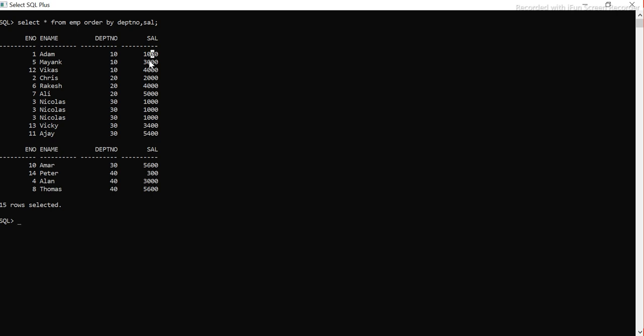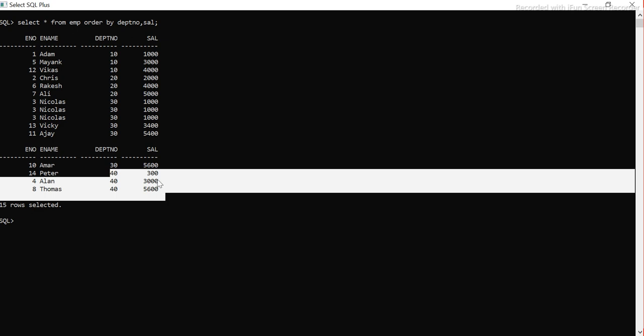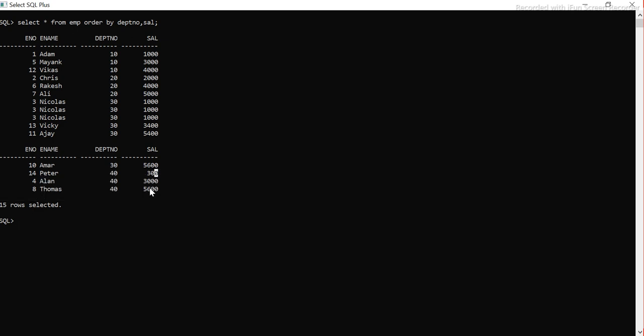Now see, 1000, 3000, 4000. Similarly here 2000 and 4000 for 20, and 5000 for this. Similarly for department 40, this is also ordered: 300, 3000 and 5600. So this is how you can use order by. This is not the agenda of this video, but I wanted to cover it so your concepts get brushed up. Okay, so let's do one thing. What I want to do here is find out, in this table,